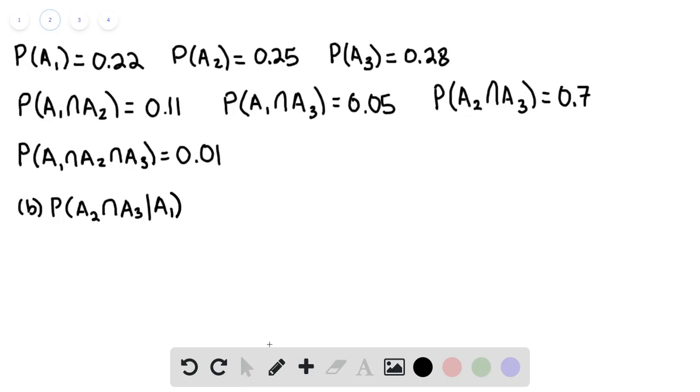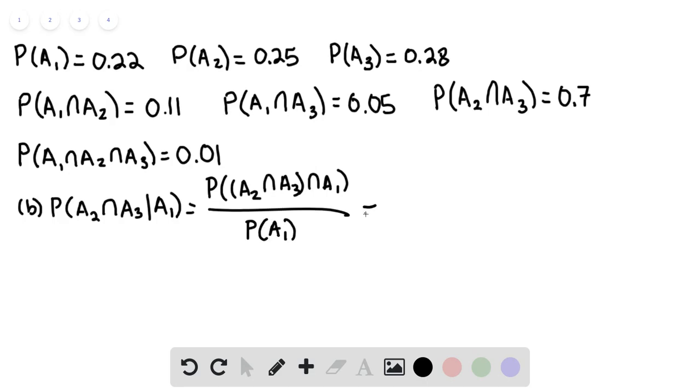All right, next problem. We have the probability of A2 intersect A3 given A1. Once again, we're going to use our definition of conditional probability. So A2 intersect A3 intersect A1 all over the probability of A1. All right, since intersection is both commutative and associative, this is the same thing as the probability of A1 intersect A2 intersect A3,